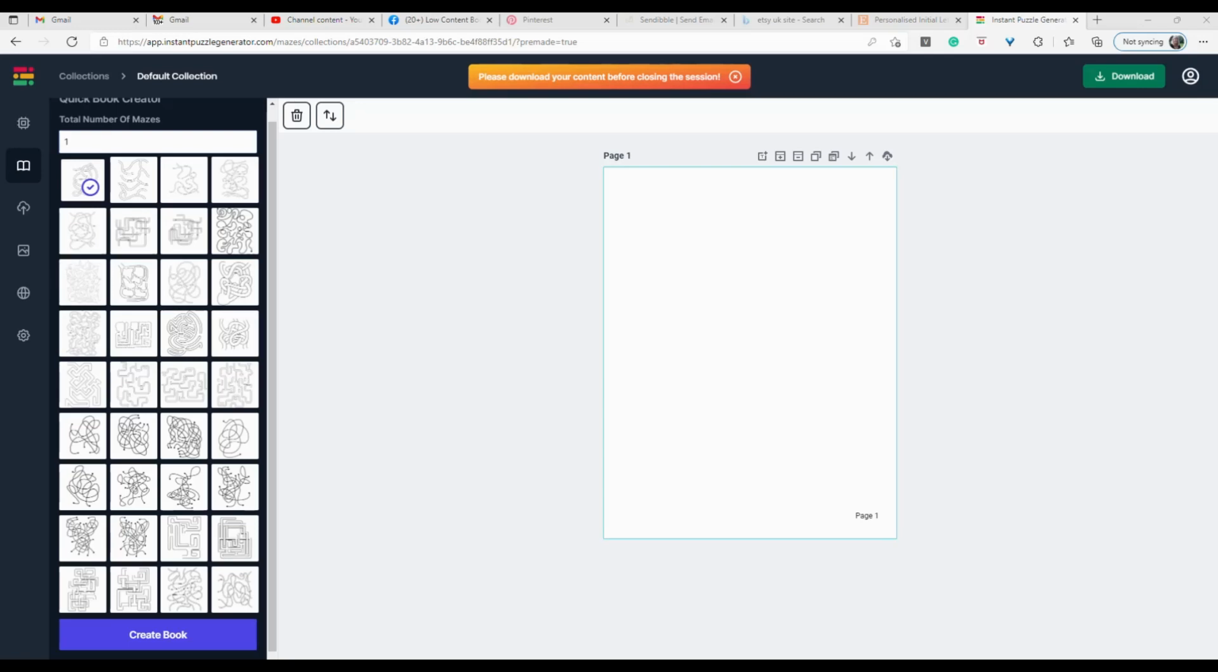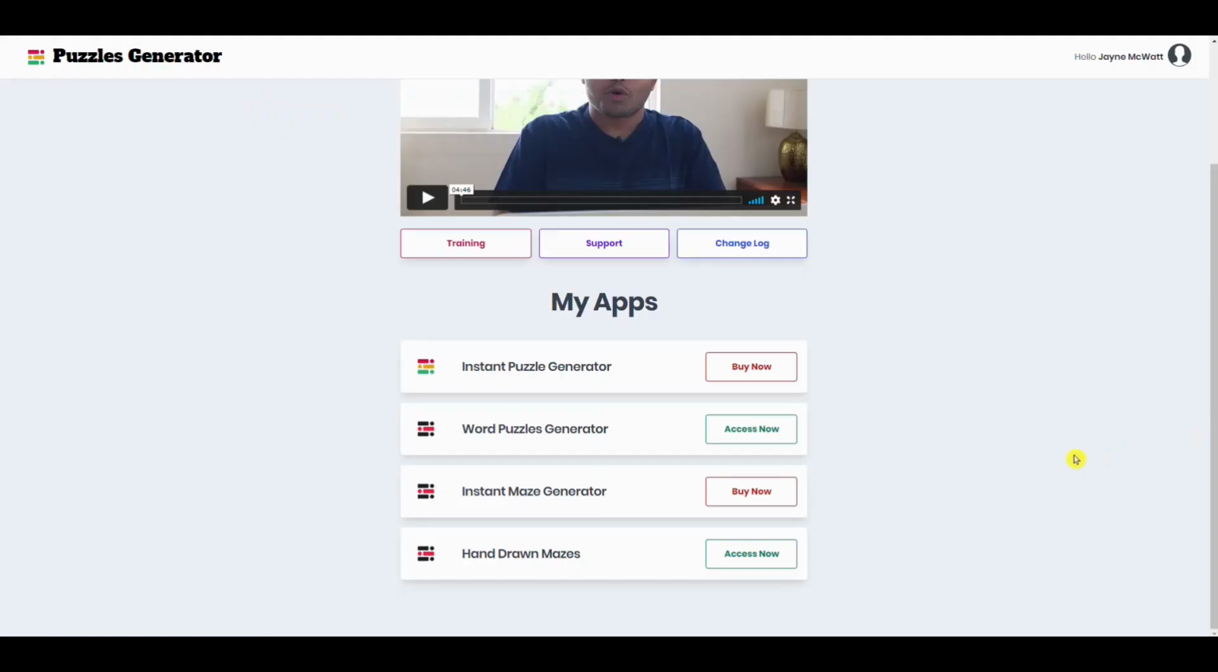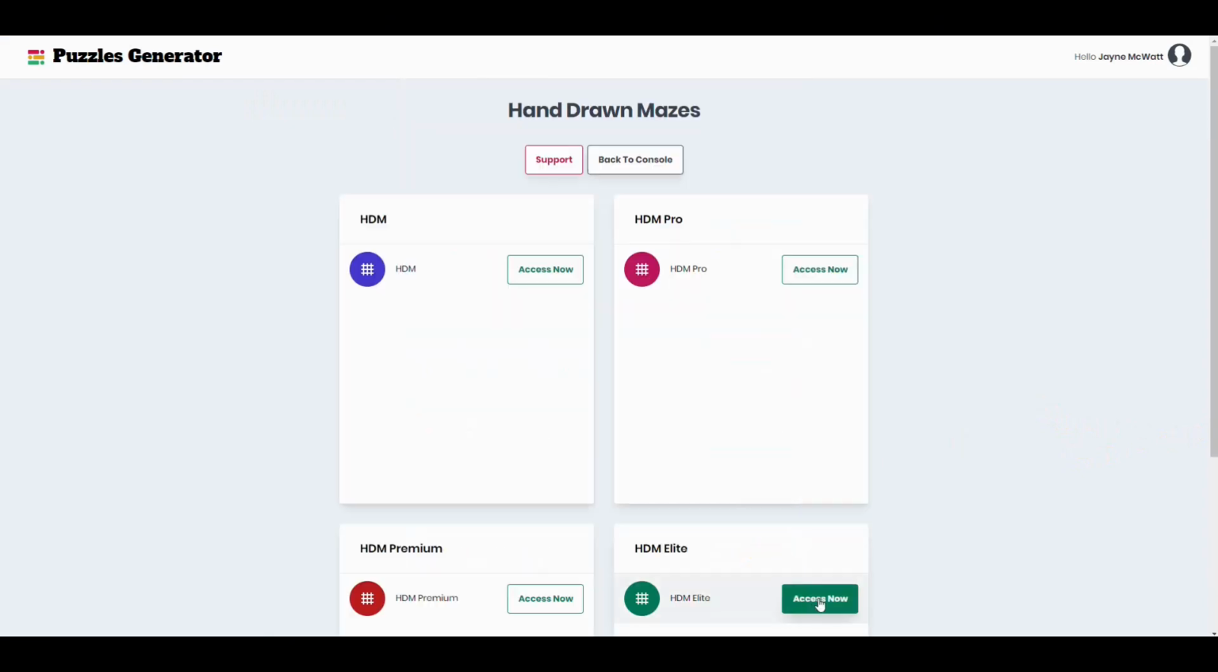And unlike some producers of these kind of apps, Niranjan's pretty constant in that if he says it's not going to be available, it's not going to be available. So if you think you can use the extra mazes, then now is the time to dive in and get them. The last upsell is what they call their Elite, and if we access that one now,